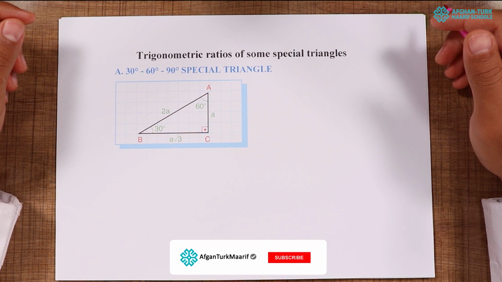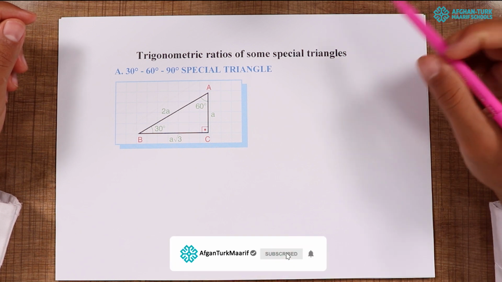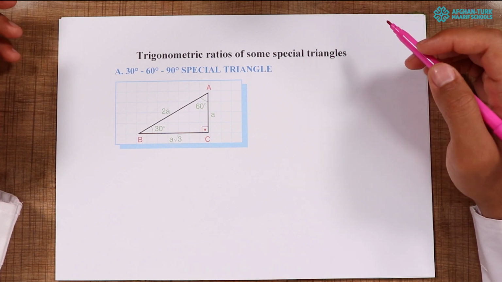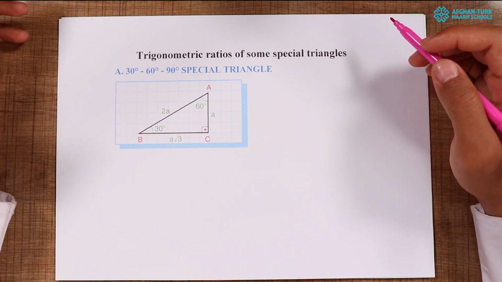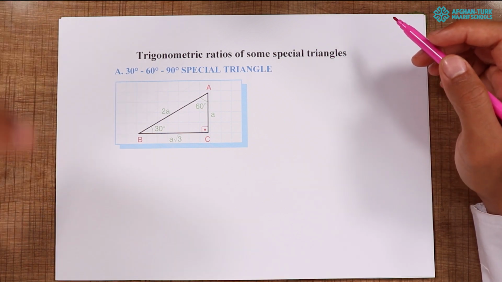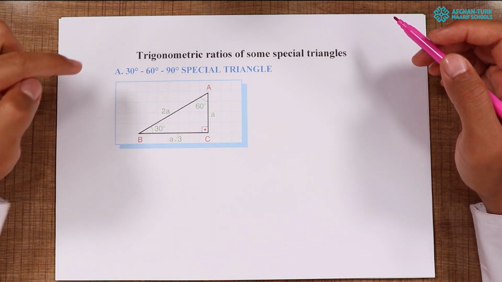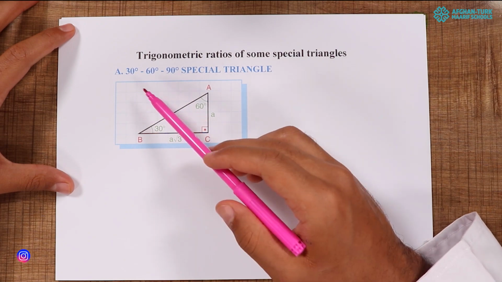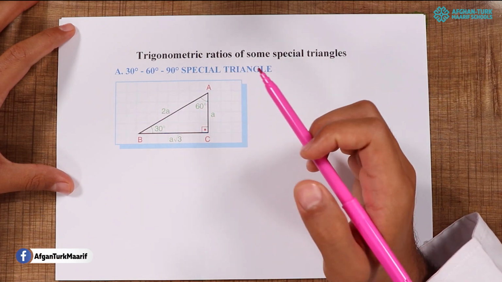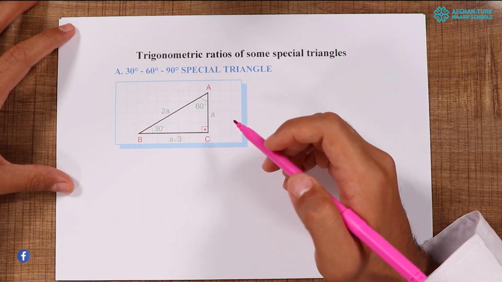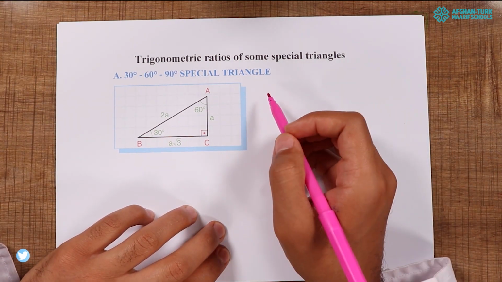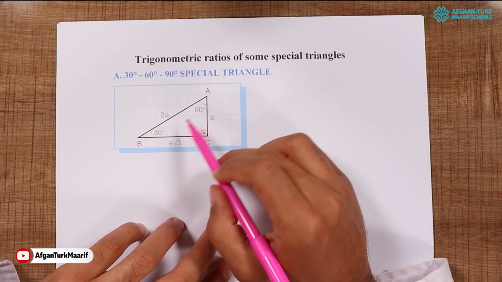This is Firdaus Alimian. Today I'm going to teach you trigonometric ratios of some special triangles. When we say special, it means we have two special triangles. First one, the angles of the triangle, we have three angles: 30, 60 and 90. In this case, we are going to find the trigonometric ratios, sine, cosine, tangent, of 30 and